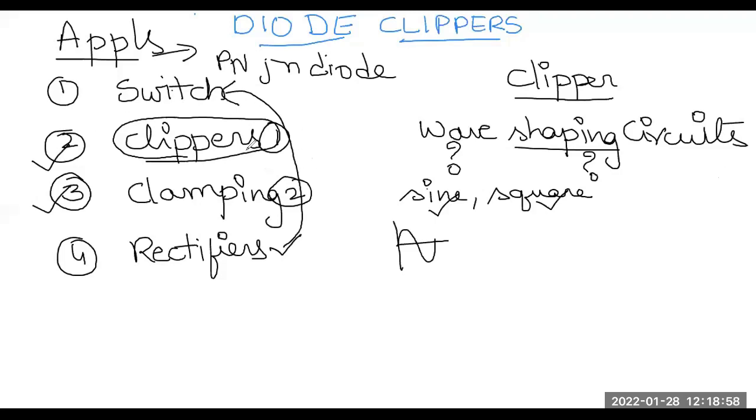So now, what do I mean by wave shaping circuit? Wave shaping circuits are nothing but those circuits which are used to alter the shape of the waveform. What type of waveforms are we using? They can be a sinusoidal wave or a square wave. Then what do I mean by shaping of the waveform? For example, if I take the waveform as a